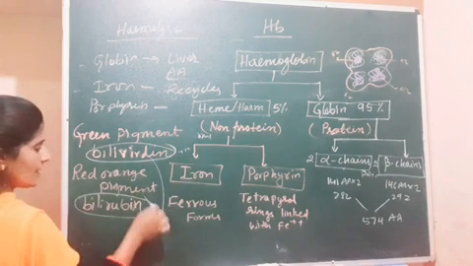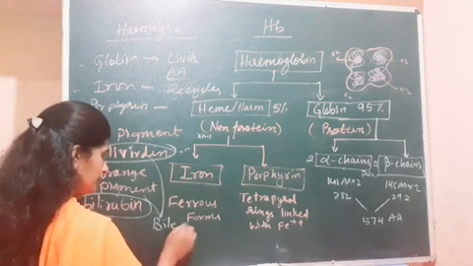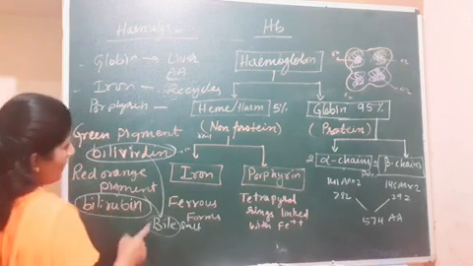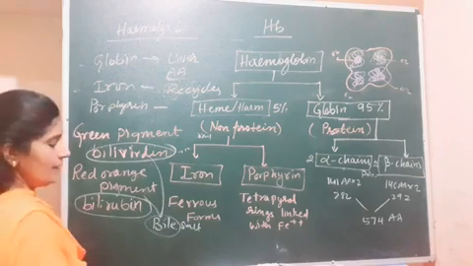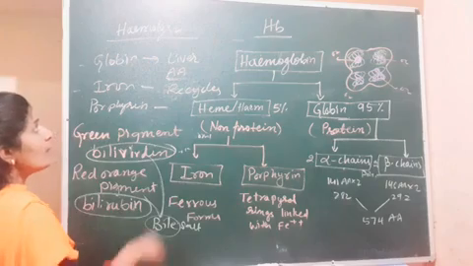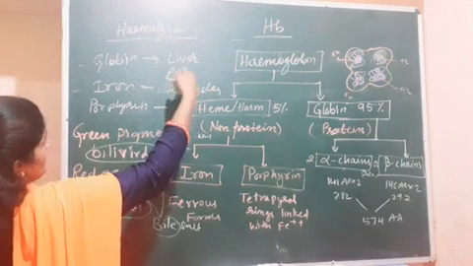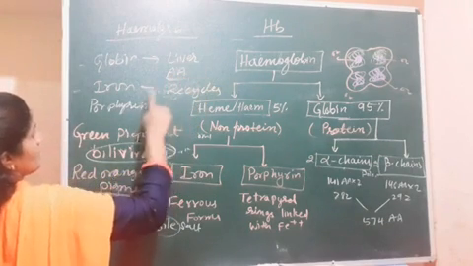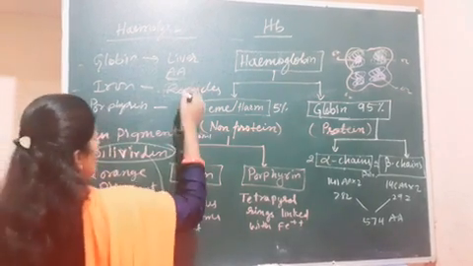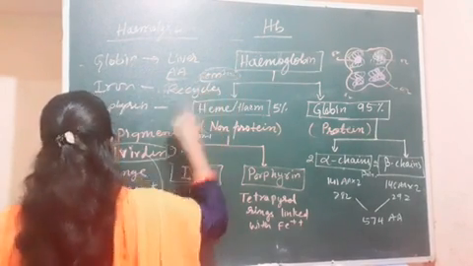Those will join with the bile salt. These pigments are released along with the stool or feces. In this way, after the hemolysis of hemoglobin, the globin part goes to the liver and is recycled. These amino acids will be reutilized. And iron is also utilized there. It is stored in the ferritin form, and it is recycled.